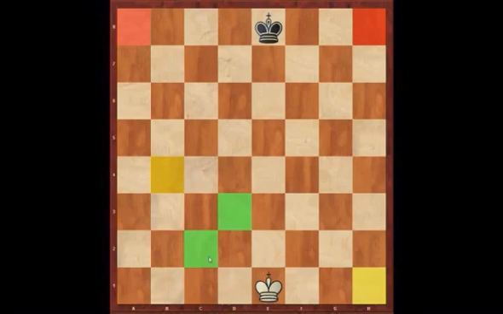Alright, well, the squares marked in green, I hope you got this right, are C2 and D3. The squares marked in yellow are H1 and B4. In case you're forgetting how to work this out, just join up the letter with the number to get B4. And finally, the squares marked in red are H8